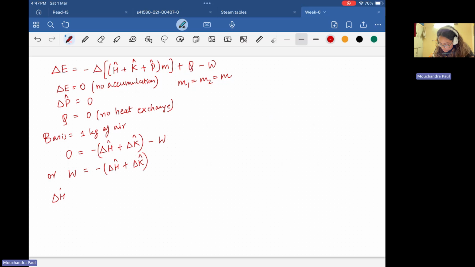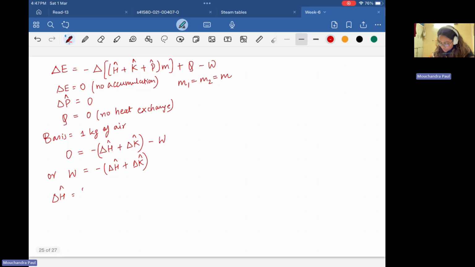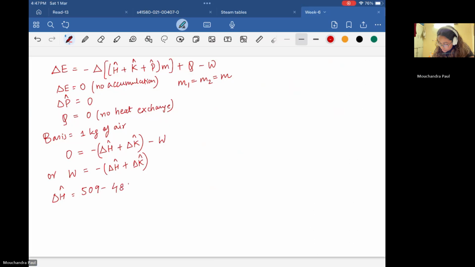or W is equal to minus delta H hat plus delta K hat. So what is delta H hat? It is the final enthalpy minus the initial enthalpy. So 509 minus 489. So it is 20 kilojoule per kg, and delta K hat is the final kinetic energy minus the initial. The initial was 0, so it will be just half V2 squared. So half times V2, which is 60 meters squared